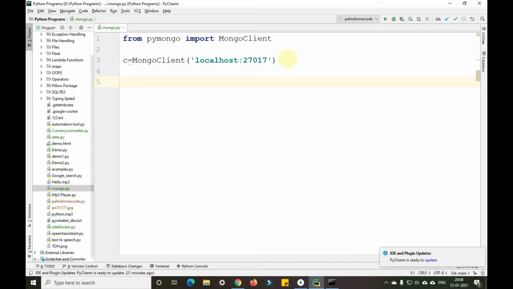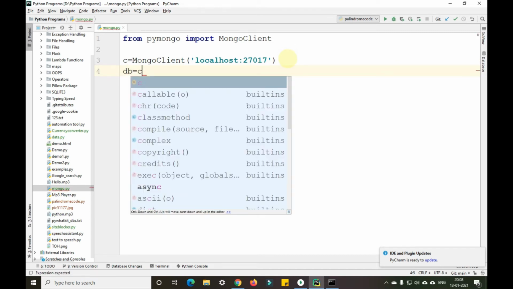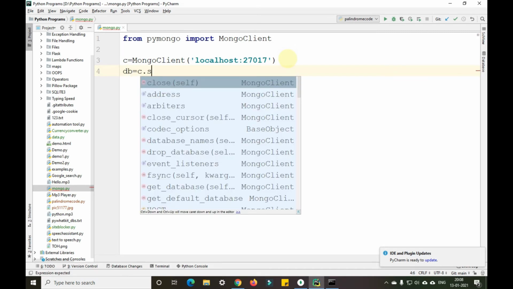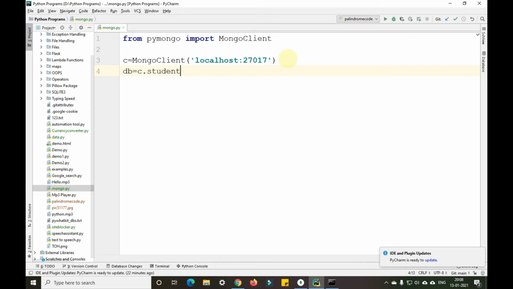After that, we'll create a database called db equals c dot student, we'll give student data here.